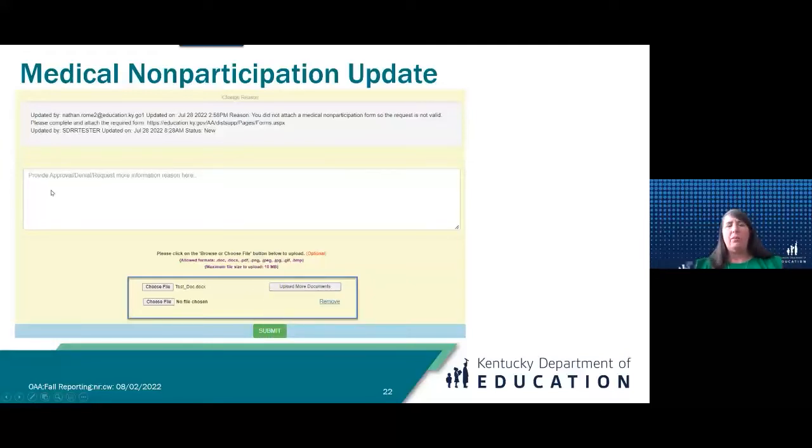And you can also put additional information here if you've uploaded a new form and you need to provide us with more information on that. So that's why it's very important you look over this training, because it's going to assist you with how to do this. And like I said, any questions you have, you're more than welcome to call us, and we'll help you through it as well.